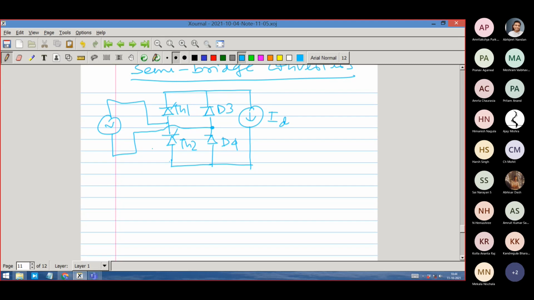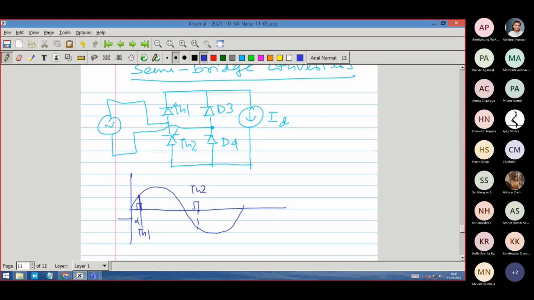Always try to sketch it. Sketching will make your thought process very clear. So let us sketch it. I have turned on the thyristor here, and let us say this angle is alpha. The thyristor is TH1. I have no control over D4 and D3, and I know TH2 will be fired here. This is where, when TH1, let me put a pulse, TH1 will be fired, and after 180 degrees, we will be firing